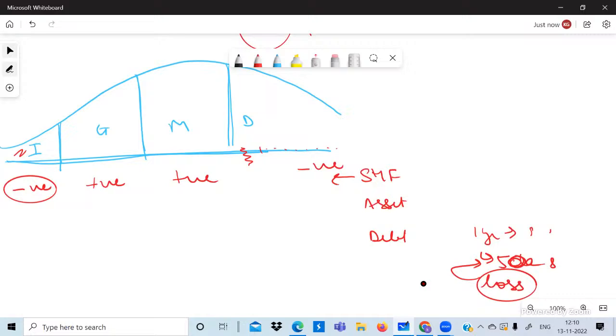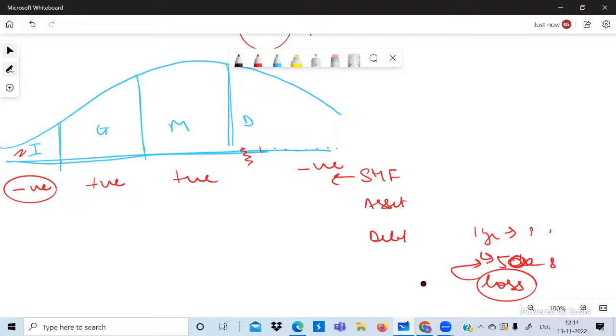Debenture is nothing but a debt. So debenture is a bond. Typically when governments issue, they call it a bond. When companies issue, they call it a debenture. So let's say I'm Reliance Industries and I want to raise money. I want to take it in terms of debt, but I don't want to go to a banker and take a